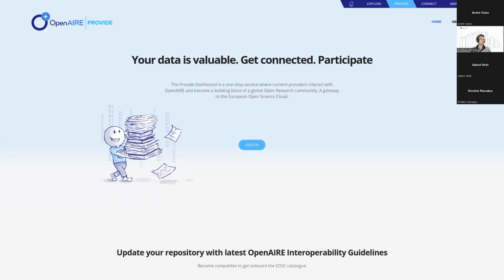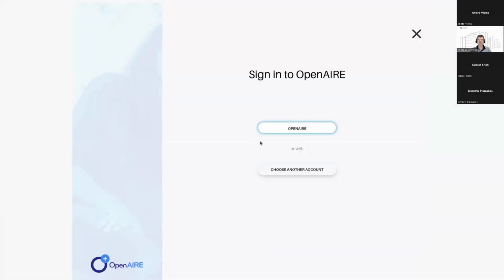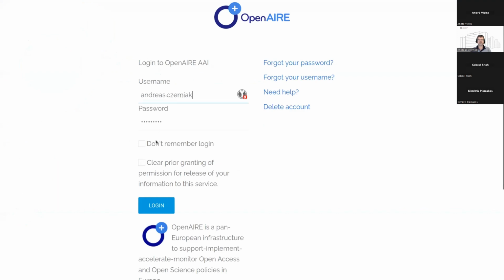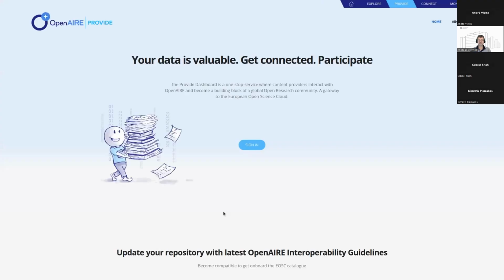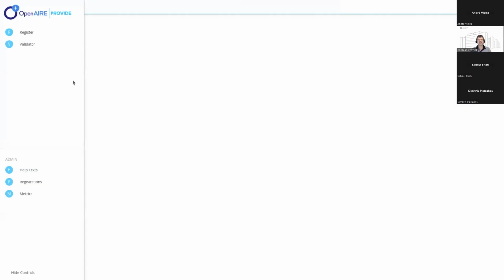So after you onboard your data source in EOSC, you can go to the OpenAIRE Provide dashboard, provide.openaire.eu, and sign in with your credentials. I use ones from OpenAIRE that I prepared. It is also a beta environment, for presentation purposes. And after you log in to Provide,